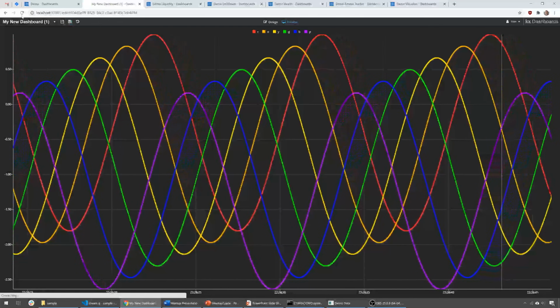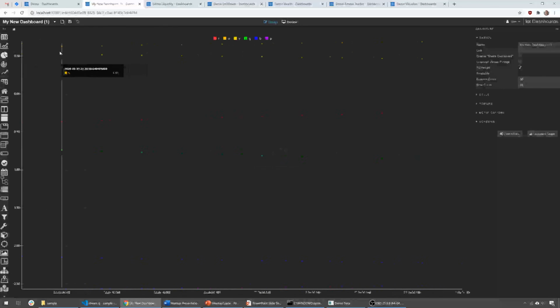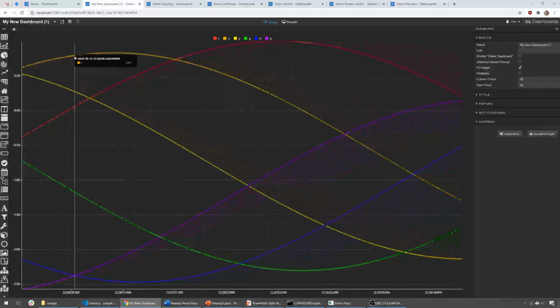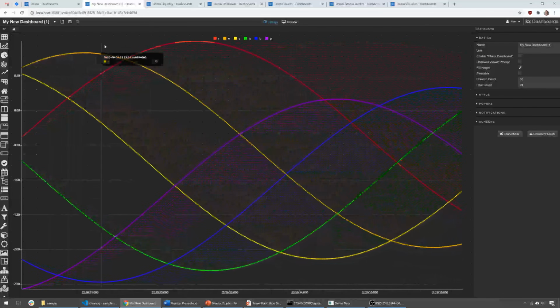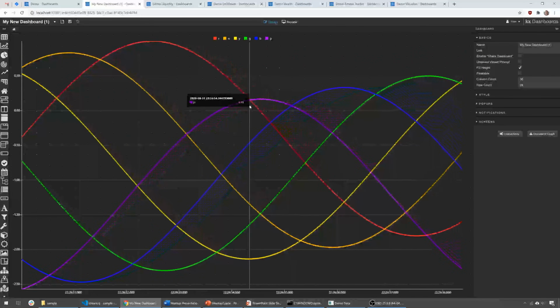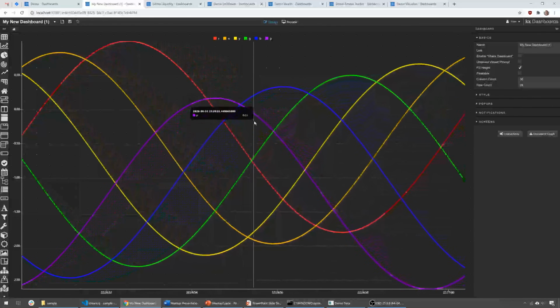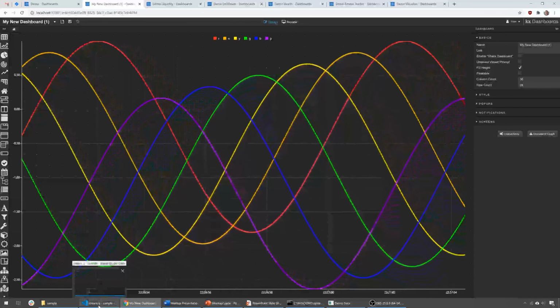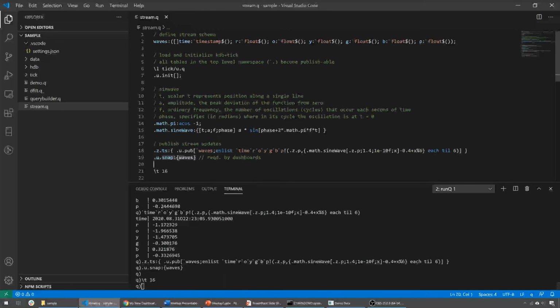However, we have one problem, and that is that when we load the dashboard each time, we can see that it has to catch up and fill up the graph bit by bit. So that's not ideal. This is because we're missing the snapshot functionality. Okay, so now I'm going to jump back to stream.q and we're going to add the ability to do a